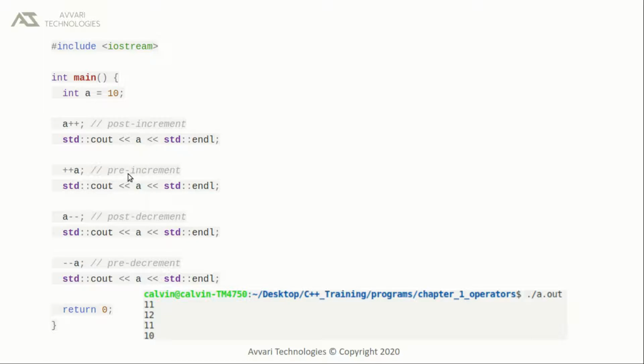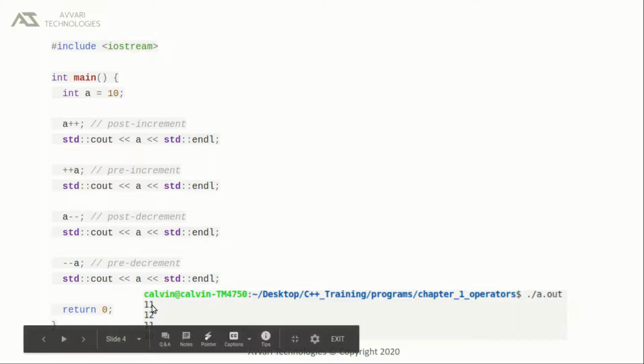Next we are pre-incrementing the value of a. The pre-increment and post-increment make sense when we work with looping structures. Before, the value of a was 11, incremented by 1, so the value becomes 12.